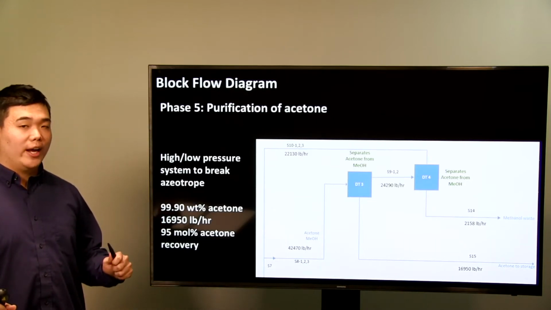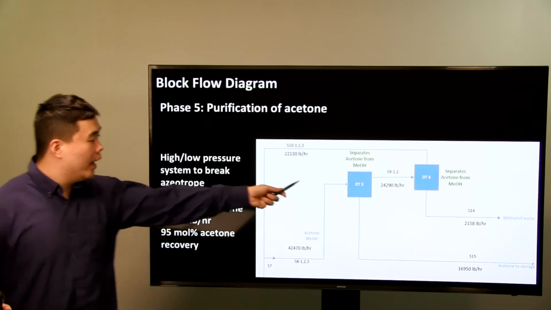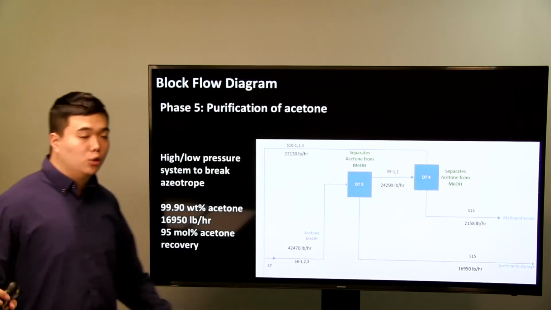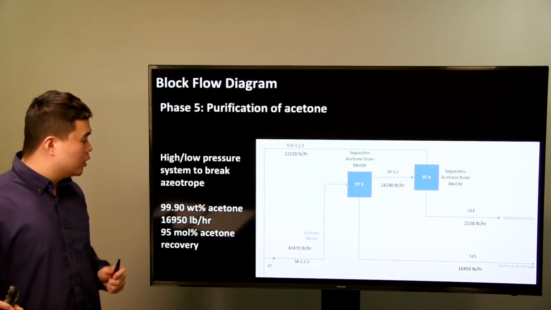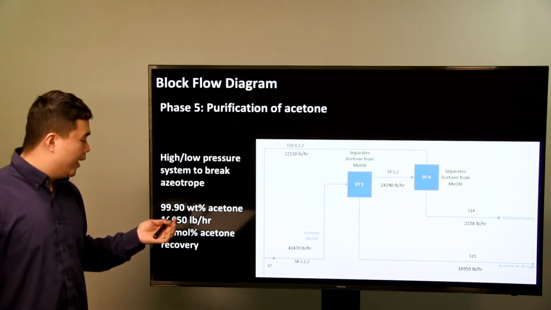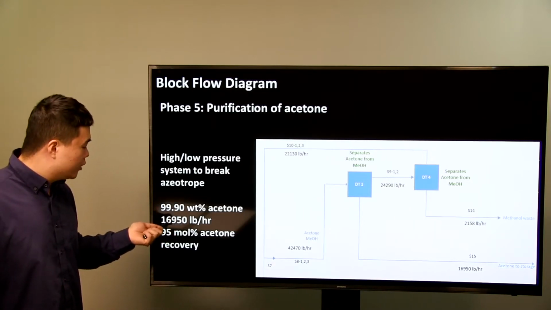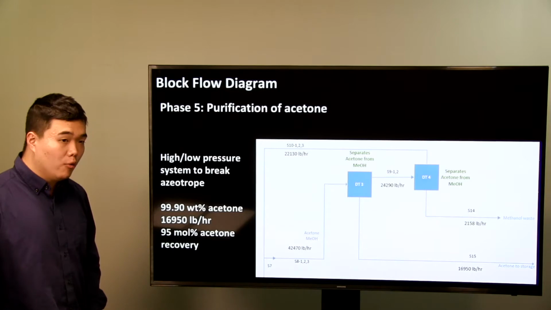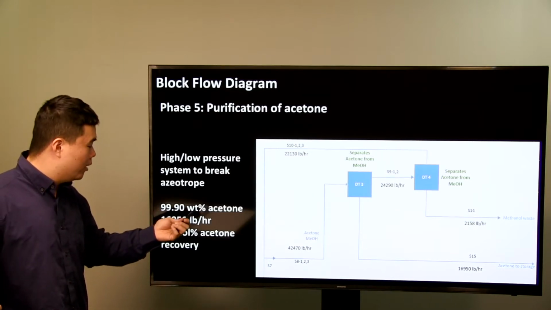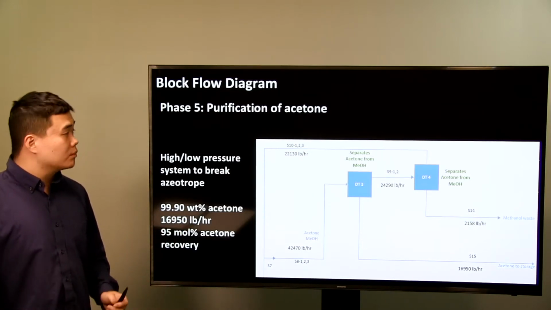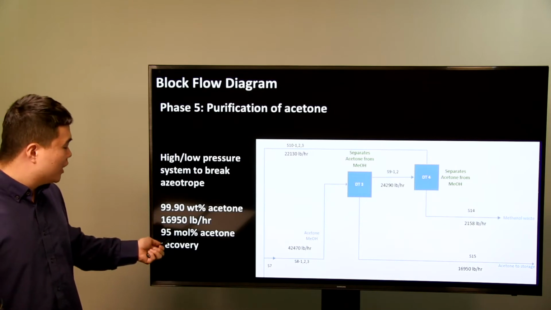In order to break the azeotrope, we designed a high-low pressure system. Thanks to that system, eventually we can reach a production rate of 16,950 pounds per hour with a purity of 99.9 weight percent. And in order to reach the last